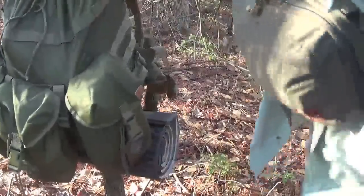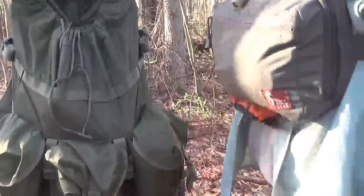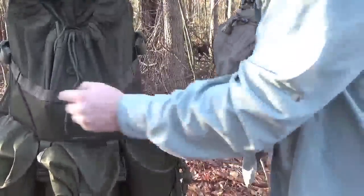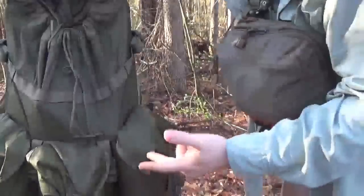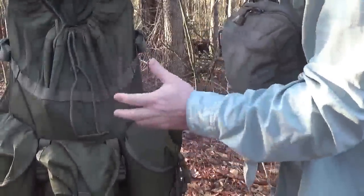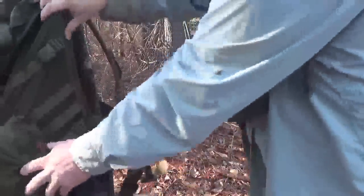Alright, we open the lid up. I'm going to have to hold the lid up here. You'll see around the top right here, you just have 1 single row of MOLLE, which I wish they'd have put 2 rows personally. That way you could put some other pouches on here. You can still put some pouches on here, but I think they're going to have to be smaller pouches. So 1 single row of MOLLE there. On each side,